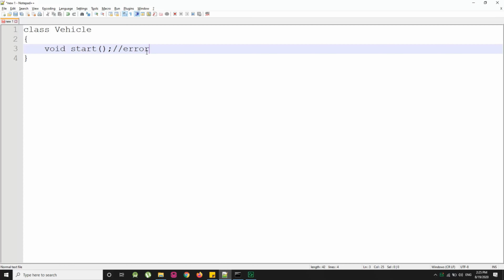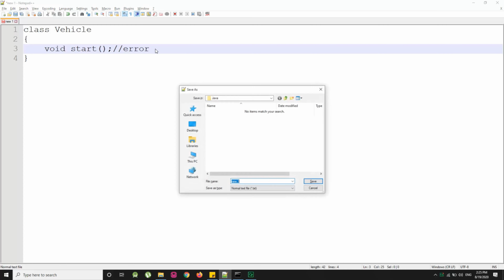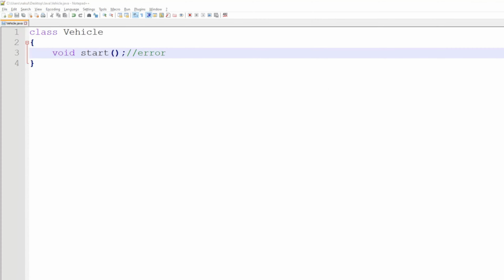First I am going to show you what type of error it shows. So let me save this file as Vehicle.java, and we have the command prompt here. Then I will move to the specific folder where I saved my file by cd desktop and then cd java, and this is the folder where I saved my Java file.